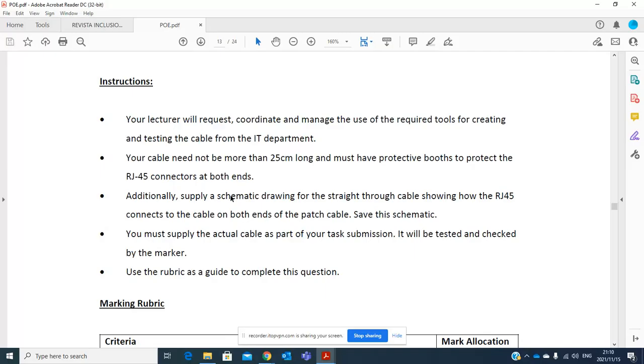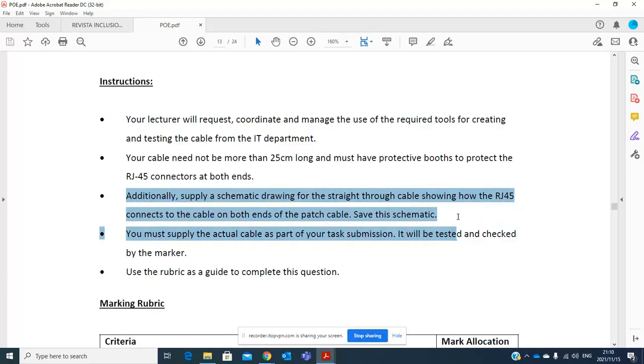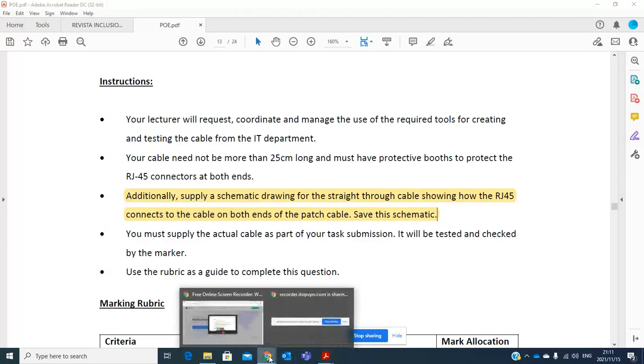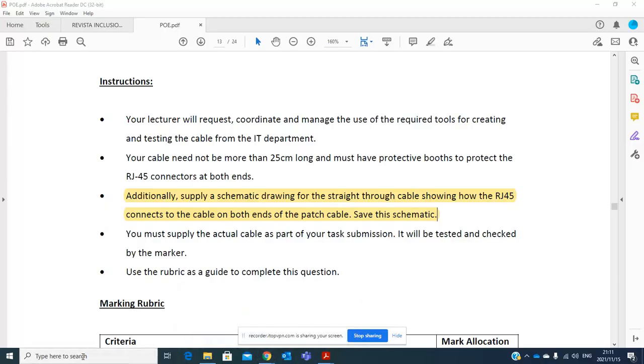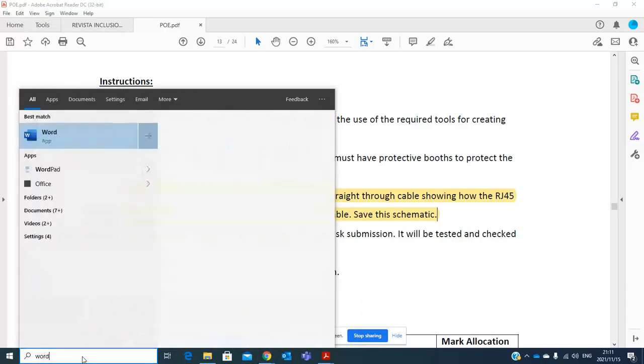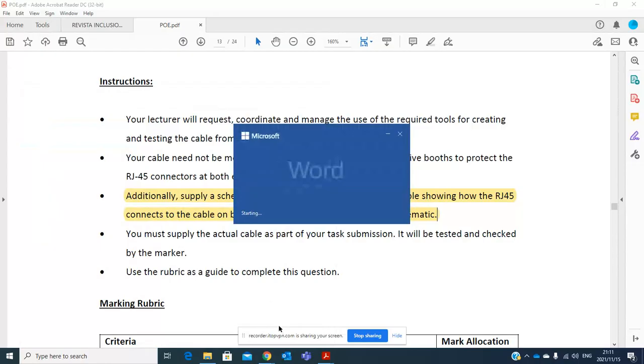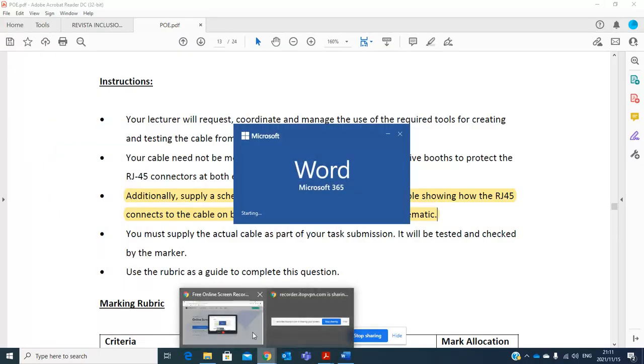We have already done part B, but look at this. There's an additional point there. Additionally, supply a schematic drawing for the straight through cable showing how the RJ45s connect to the cable on both ends of the patch cable. Save this. For this one, you will open your Microsoft Word and then search for the cable diagram on the internet.